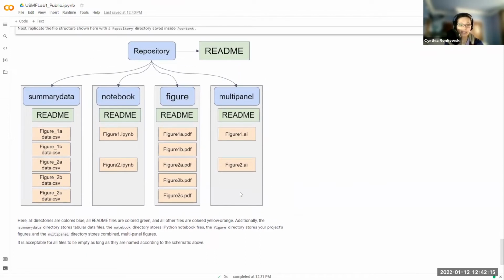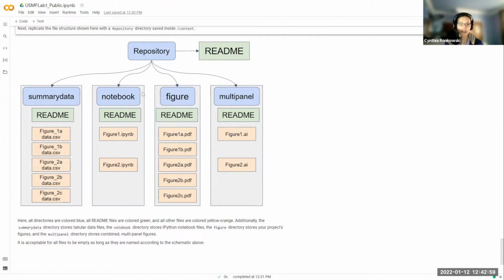And so to take a step back again, the task of this assignment is to use what you've learned about creating and moving and copying and deleting files and directories to replicate this structure, where you'd have a repository folder, so a directory to contain everything, that has a README file. And you don't have to do anything with the README file, just create a file called README with the touch command. In an actual project, it would contain the descriptions of each of these subdirectories,